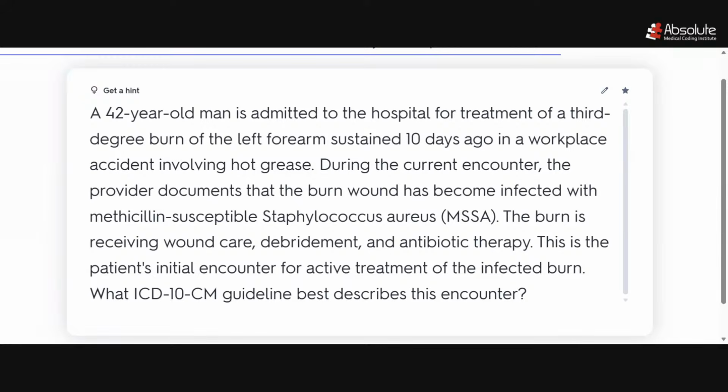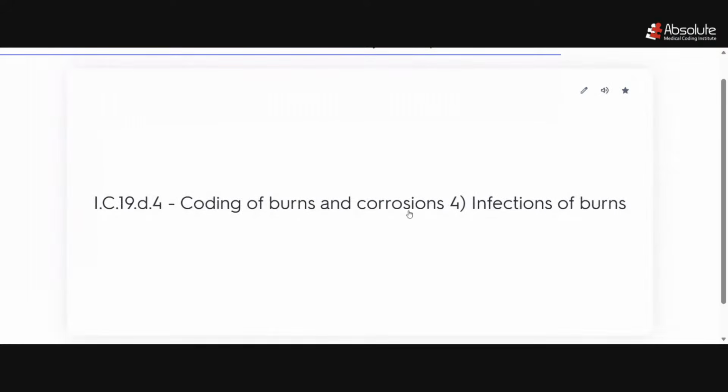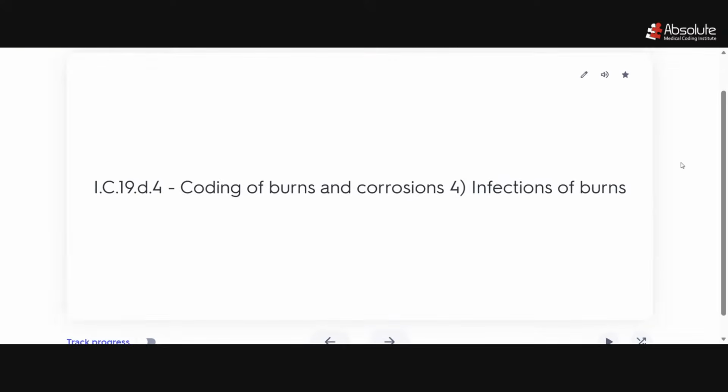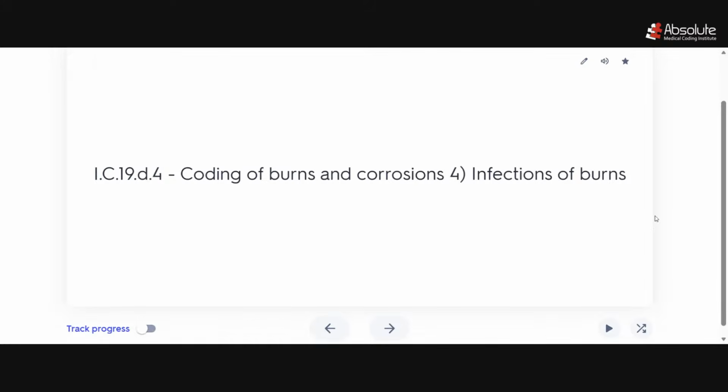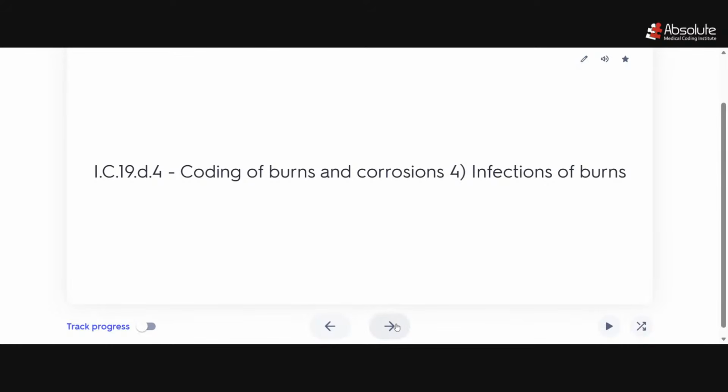All right, all right. So the guideline that we are going to be using to solve this scenario is going to be again from chapter 19. So IC19D4, and the title of this is going to be Coding of Burns and Corrosions, specifically infections of burns. So if you got that one right, great job. And we are going to use this specific guideline and the keywords that we took out, and we are now going to have our final